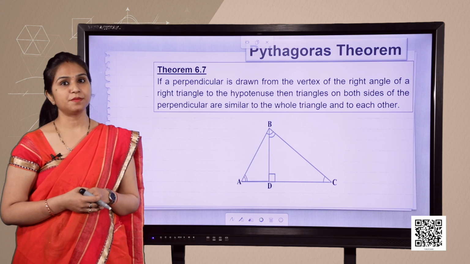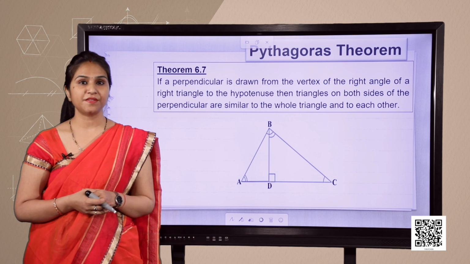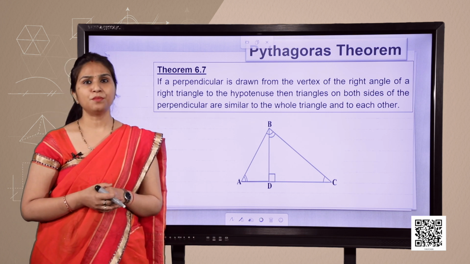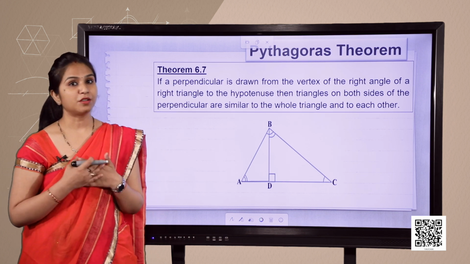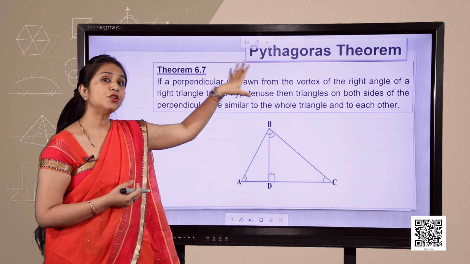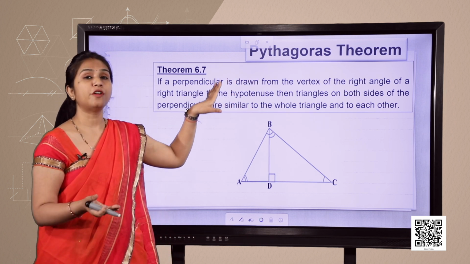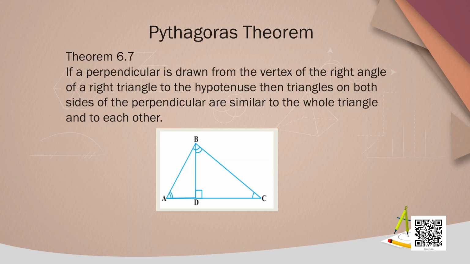But before we start Pythagoras theorem, children, there is one more important theorem, theorem 6.7 in your book, that is very important. The proof of the theorem is not a part of your syllabus, but it is very important to understand this theorem, as we are going to use it in the proof of Pythagoras theorem. So, what theorem 6.7 says is that if a perpendicular is drawn from the vertex of a right angle of a triangle to the hypotenuse, then triangles on both sides of the perpendicular are similar to